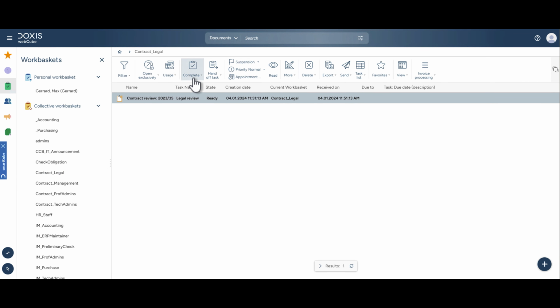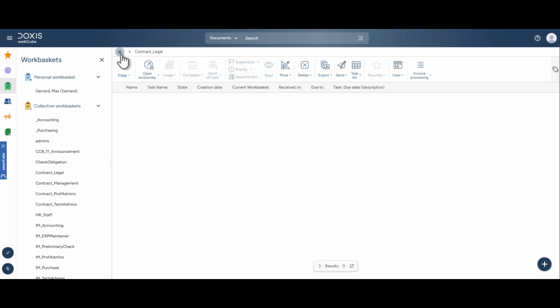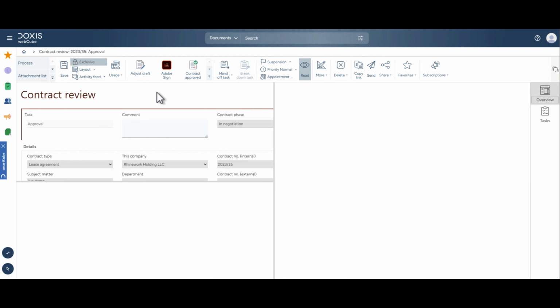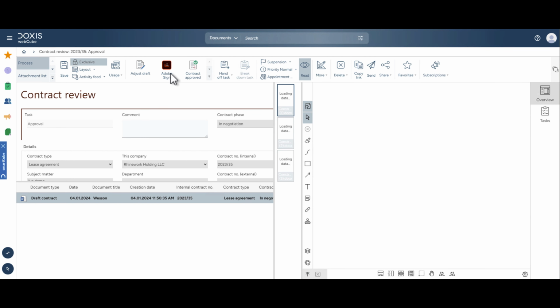So now let's go to the legal team's work basket over here, and we can go and see they've got a task, and we don't even have to open it up. They might go, yep, I've reviewed that particular contract, click here on review finished, and that pushes the task through to the contract management group work basket. So now we can go and select the task over here, and they've got the ability to go and say,